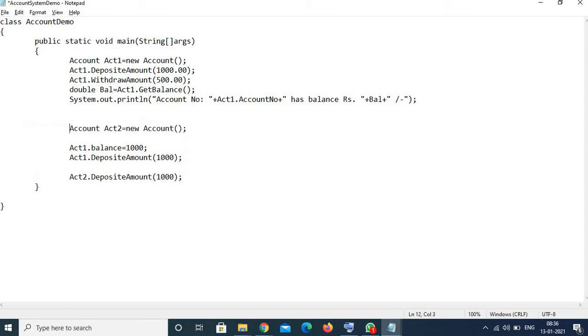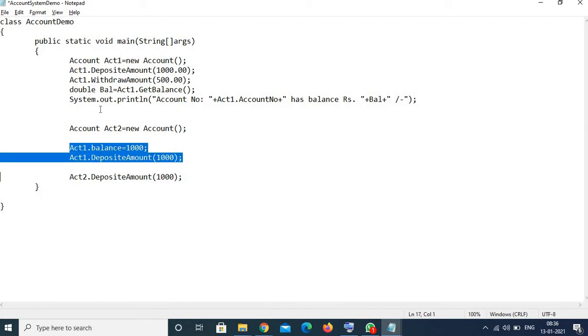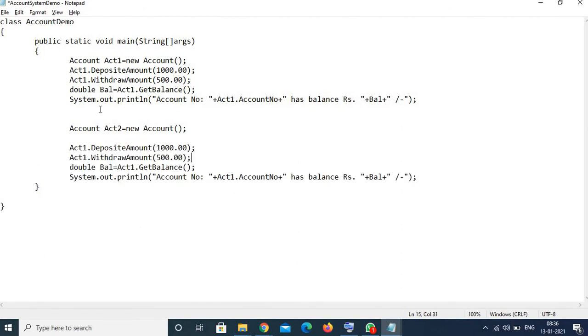Now for the second account also, I want to perform the same operations but with the help of account 2. So ACT2, I'll deposit 2000 rupees, I'll withdraw 1000 rupees from account 2, I'll get the balance of account 2 and I'll simply print account 2's account number and its balance.